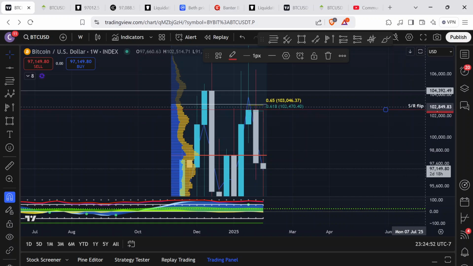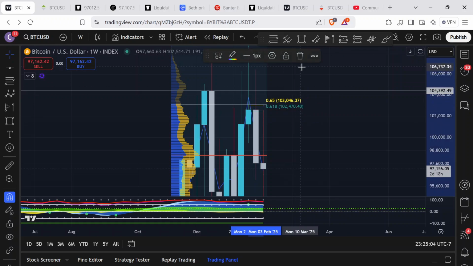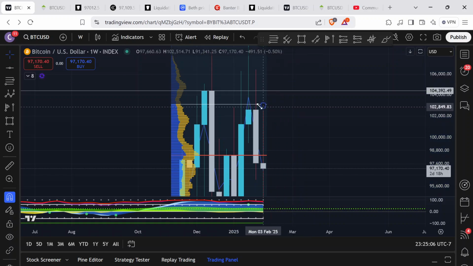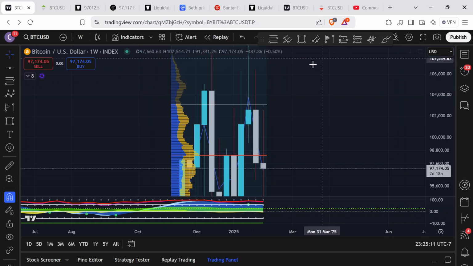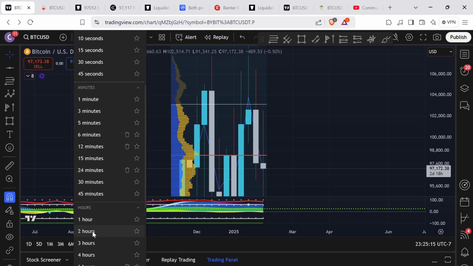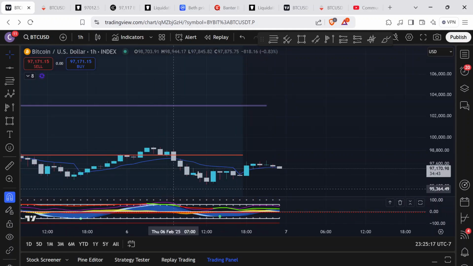I do think labeling it to the right is better, just because a lot of times you're not looking to the left of the chart, you're looking to the future, the right of the chart. So you can put your levels here. And that's just a way to use the tool. So I'm getting into the weeds here. Sorry, you guys. I just showed you how to do a weekly, but I shouldn't have even explained why we rejected from the weekly, because that's not important to this tutorial on how to pull